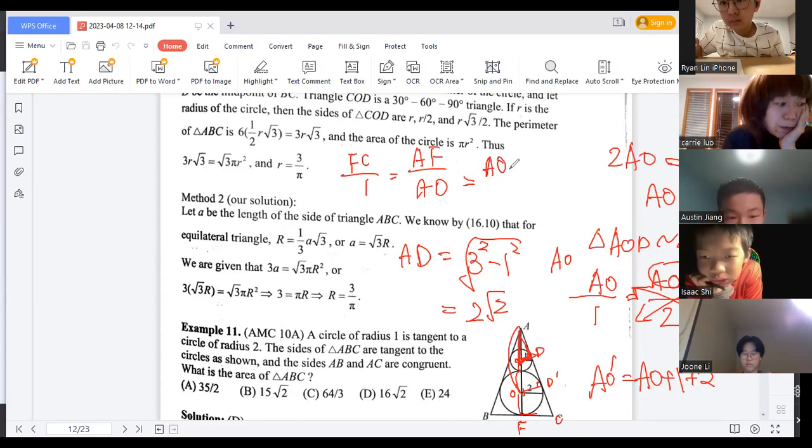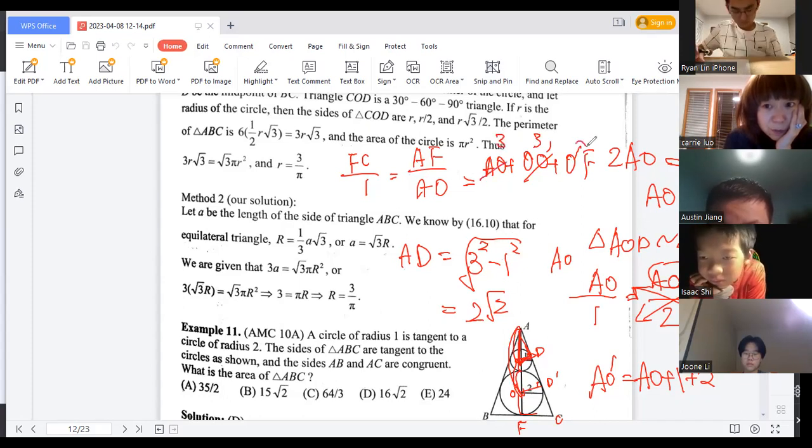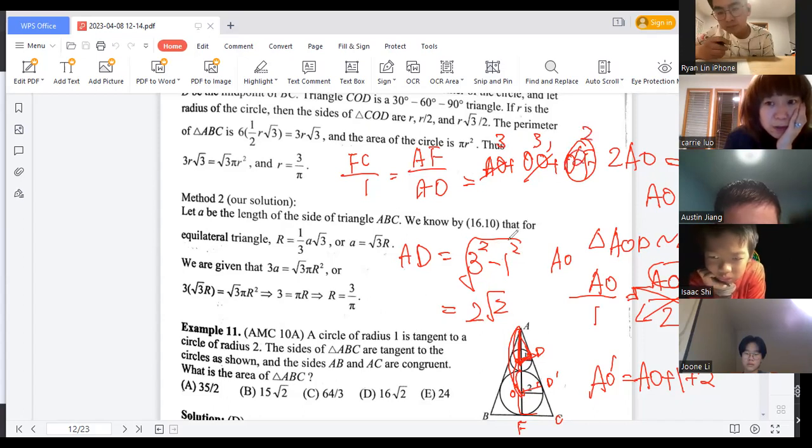Equals AO plus OO' and plus O'F, 对不对？AO 我是知道的，OO' 我也是知道的，OO' 等于3，AO 也等于3，对不对？那 O'F 我也是知道的，O'F 等于2，O'F 是 radius of circle O', 对不对？